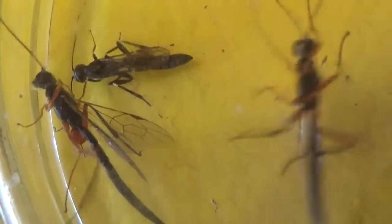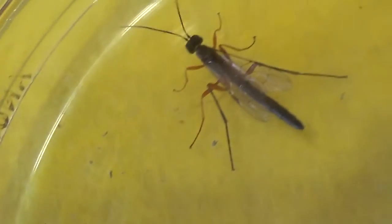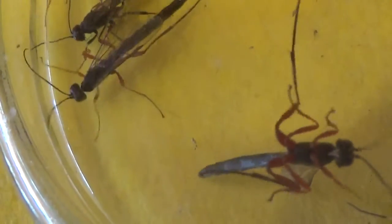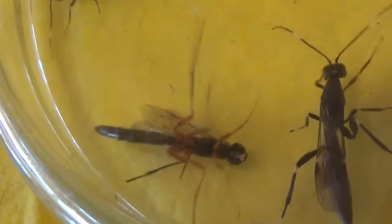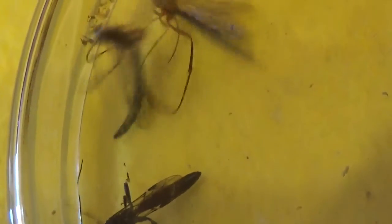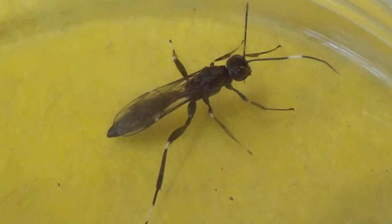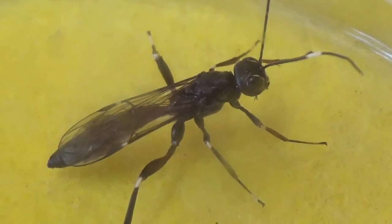And actually, don't worry about them, they are not stinging. These are named wasps, but they are parasitic and they are not stinging, not animals, not humans, they are stinging only the host somewhere. And these are all totally males. They are not stinging at all because they don't have an ovipositor, or we may say, the stinger. So they do not sting at all. Males are totally helpless, so you can take them by fingers and wash them carefully. And actually it would be better to release them after observation. So, to be a humane, careful naturalist, and release them after observation. So that's why I will release them after this video under the zoom, to show you some features